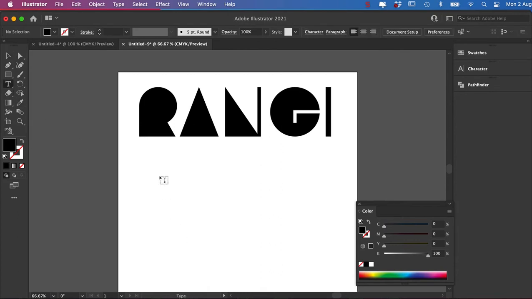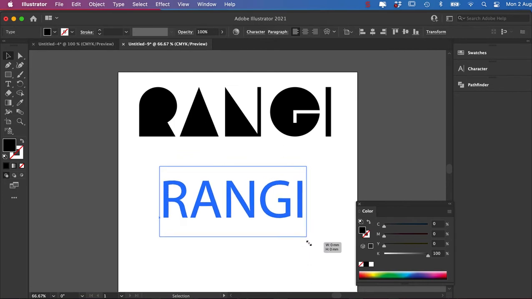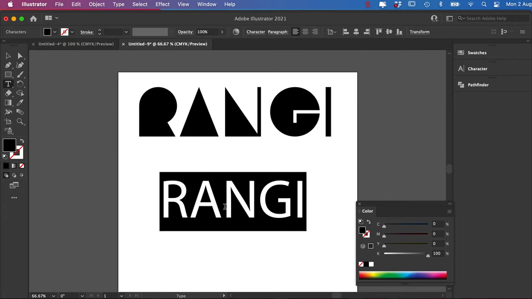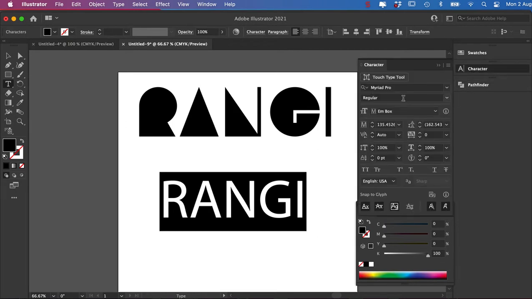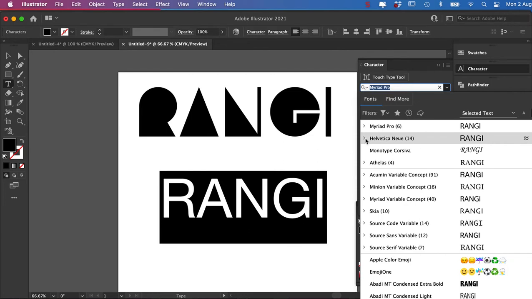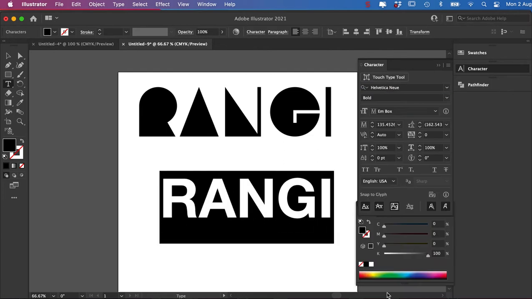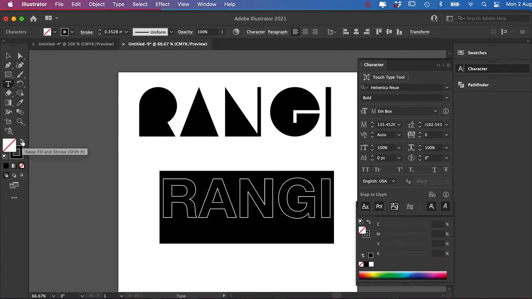And I'll do another one now with text. So I'll type in rangi, get the arrow tool and just scale it up. Double click so I get the text tool and Command A, which highlights it, and then I'm going to go to the character and I'm going to just change it to a font that I like. Alphabetical, I'll go bold, and